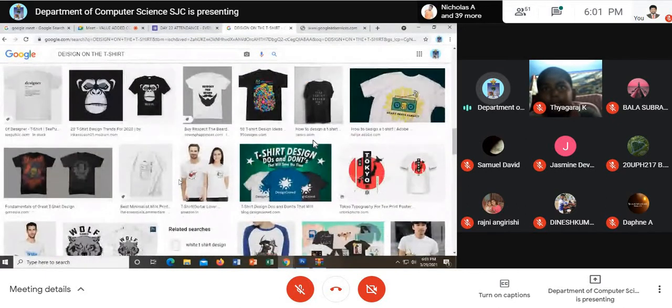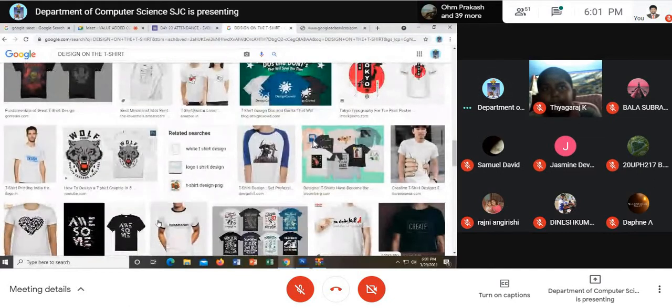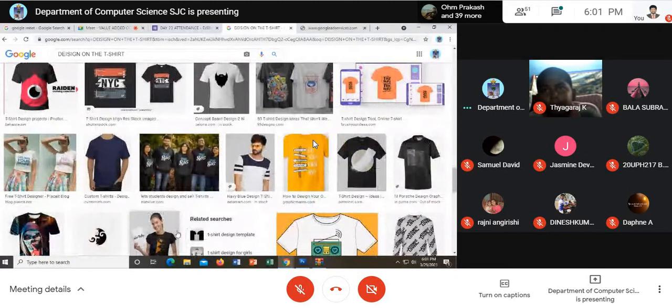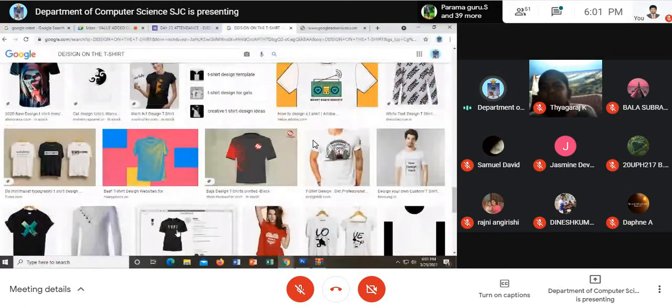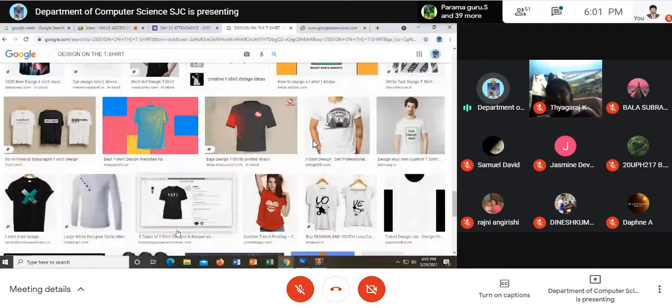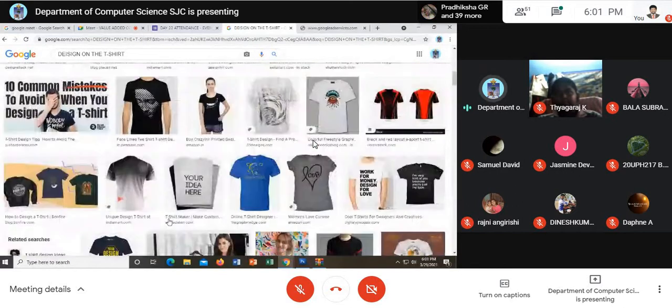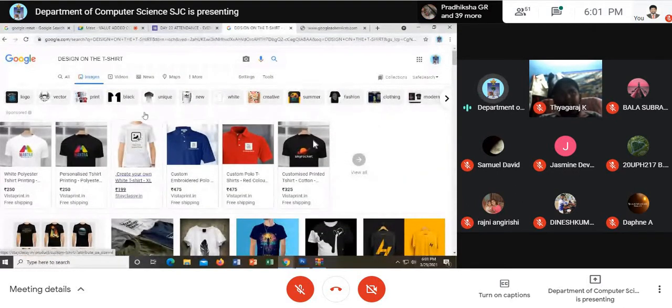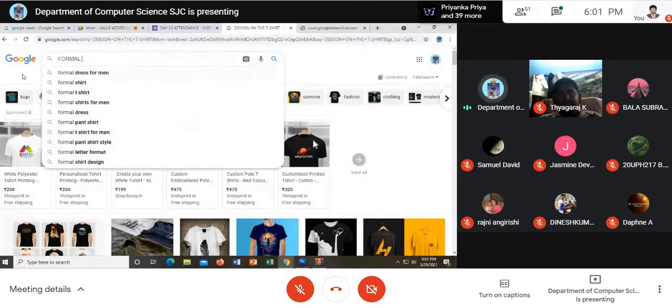Shall we go for formal? See some words. Now I'm going to give you a model of a formal design that you do for an institution.